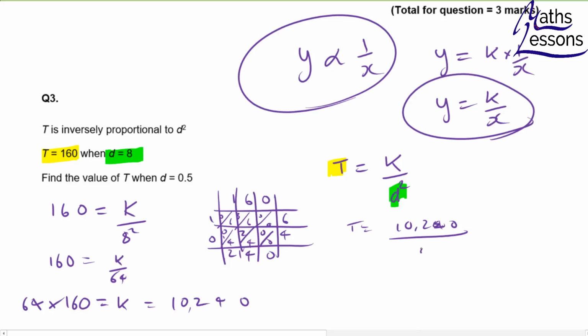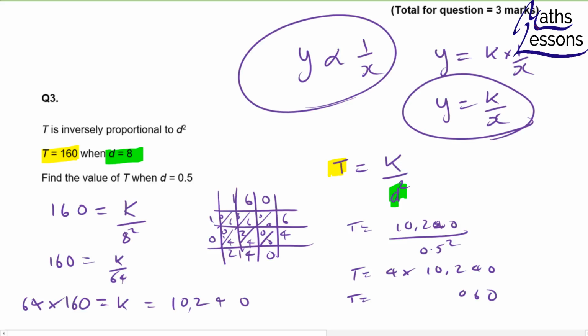And 0.5 squared, that's a half squared, which is a quarter. So we're dividing by a quarter. If you're dividing by a quarter, it's the same as timesing by 4. So t will equal 4 times 10,040. So if you want to times that by 4,